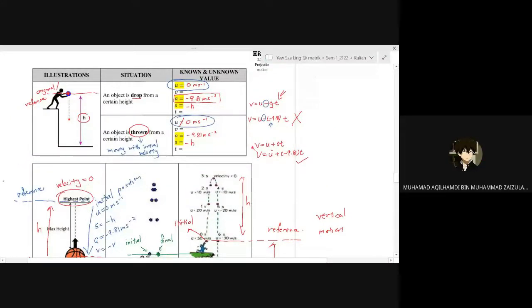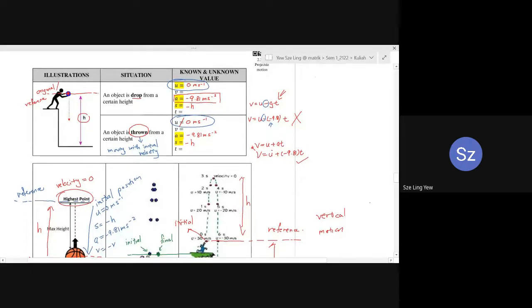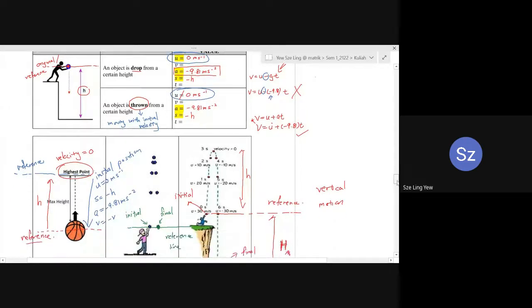Okay, thank you madam. All right. So we are done with vertical motion. So next, we are going to see